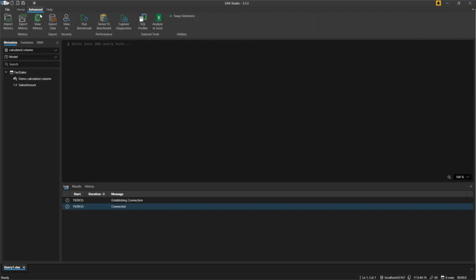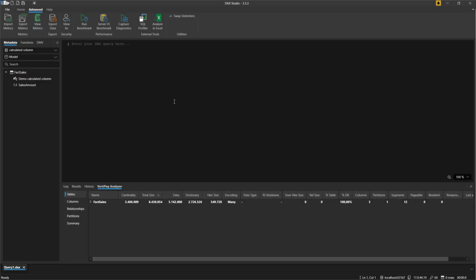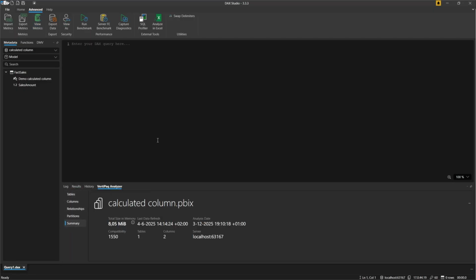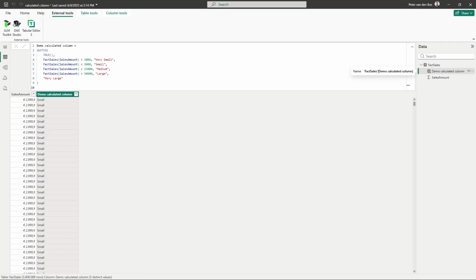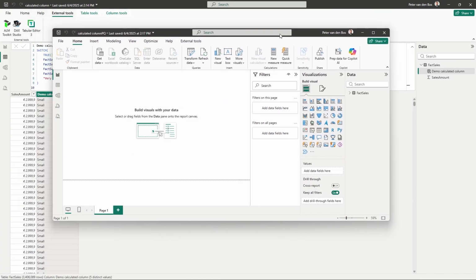We go to the Advanced tab, View Matrix, and it's 8 MB. So it's not a big data model, but I have also prepared another example